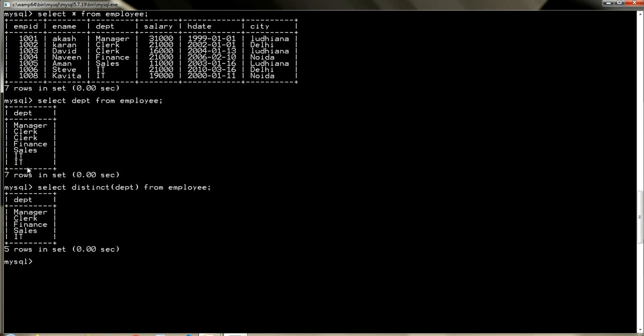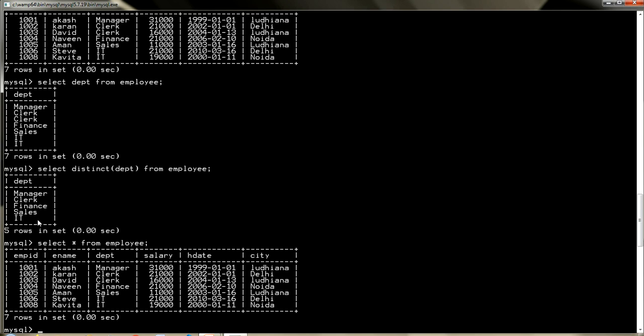So now you can see here, it will not show you the duplicate values. It is not removing or deleting the values from the table. While just fetching the data from that particular column, it is not showing you the duplicate values. So if we go back to the tables, you have your records.